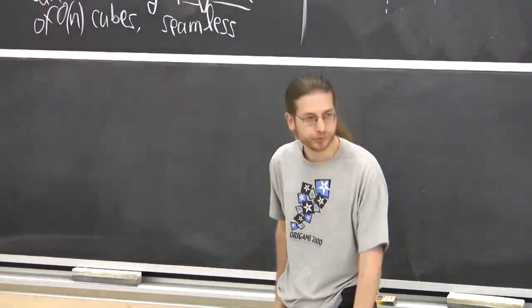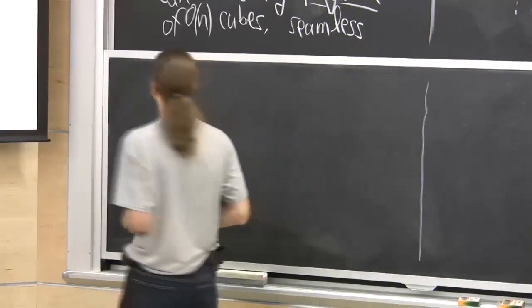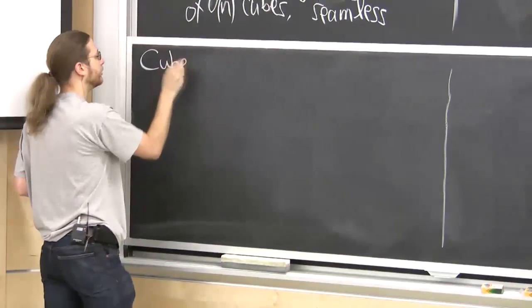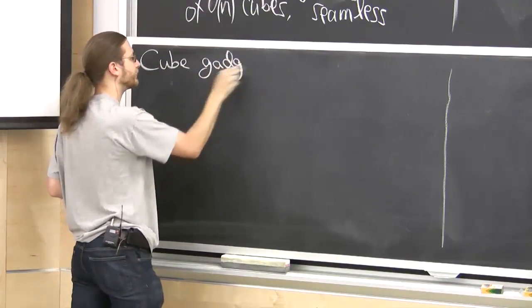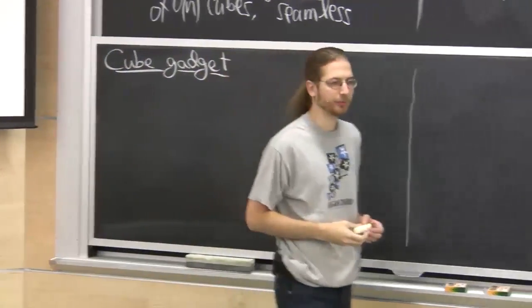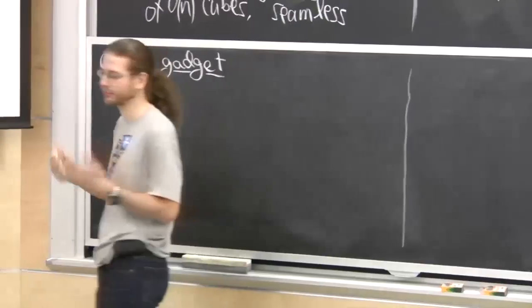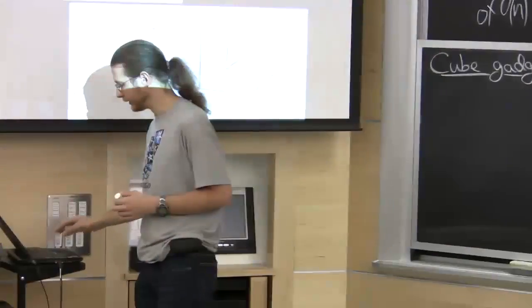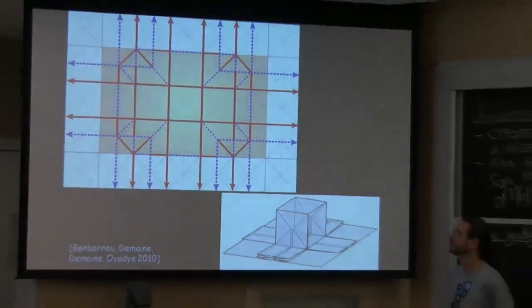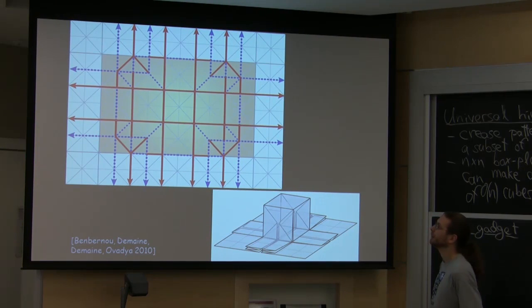So let's prove that. It's actually not too hard to do in at least one way. The first idea is to build something called a cube gadget. We're going to use the idea of a gadget a lot, especially in this lecture, but in general it's a useful algorithmic tool. A gadget is just something that you use many times. It's like a tool. And in this case we're going to use this folding many times. And at a high level it's just a way to fold a single cube, but it has lots of nice